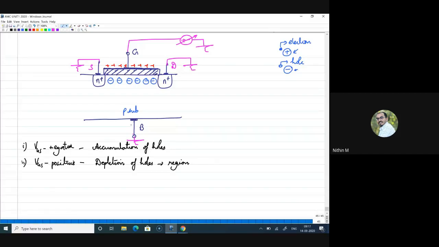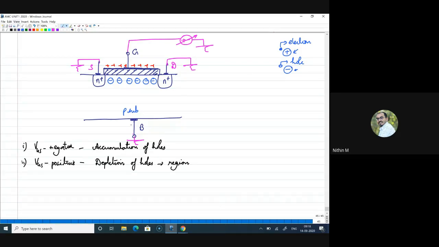We do this with increments of small millivolt ranges, right? So as I keep on increasing this gate voltage, the positive charges on the gate will be more and more. That will definitely be needed, because we know that the charges should be compensated. If there are positive charges, negative charges should be there. So as I keep on increasing this positive voltage, positive charges will be on the gate, and that has to be compensated by negative charges, right?